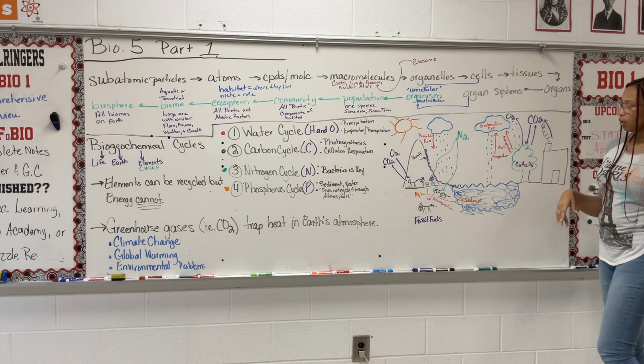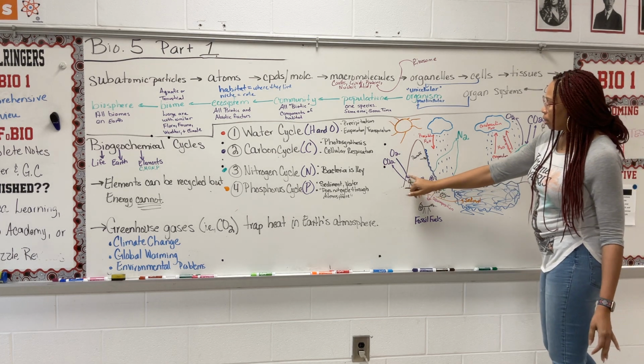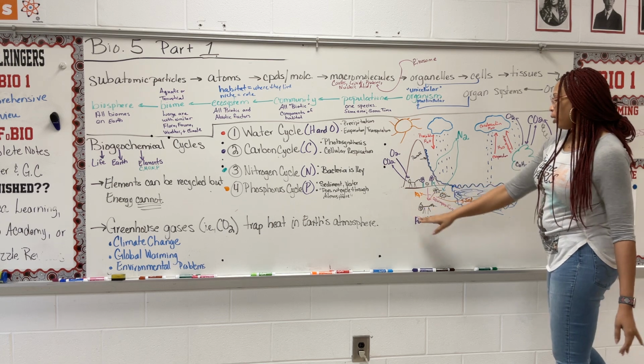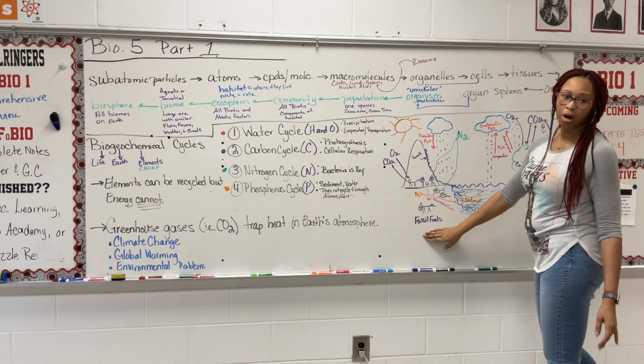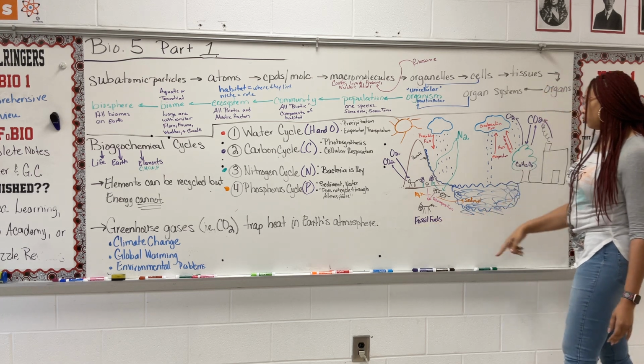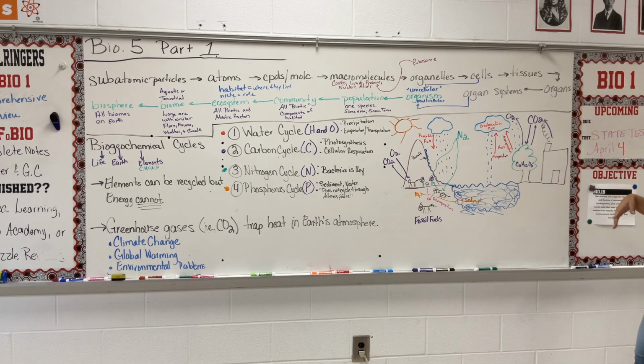Now, other components of the carbon cycle: when these organisms die, decomposers like mushrooms or bacteria will actually break them down to put the carbon back into the earth. This forms fossil fuels. Those fossil fuels are mined and used in things like factories and cars. And whenever you burn fossil fuels, the process is called combustion, and you put carbon back into the atmosphere. Now, I'm going to stop here for a second and talk about the problem with carbon